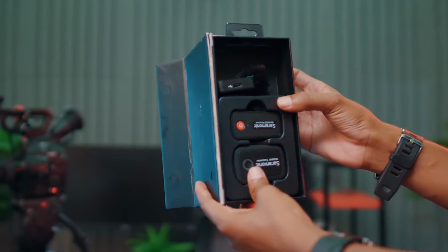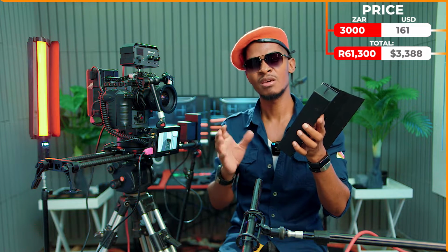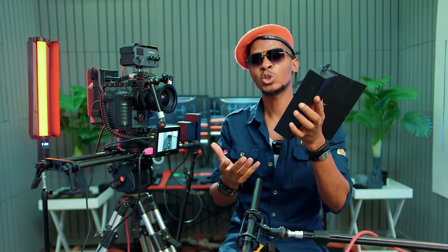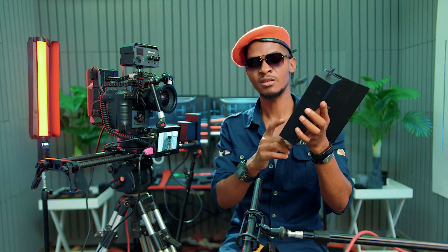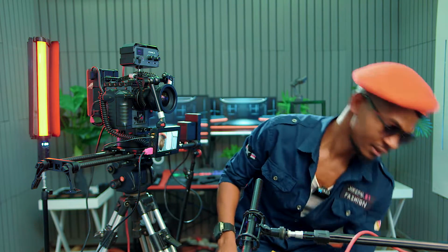They are the cheapest alternative that I bought for around 3,000 rands. But they don't have enough range. Sometimes the audio is also a little bit weak. The Rode Wireless is actually really better than these ones, but they also work fine. If your budget doesn't allow you to buy the Rode Wireless Go 2 Pro, you can get these Ceramic Blink 500. All right, the other alternative that you can get